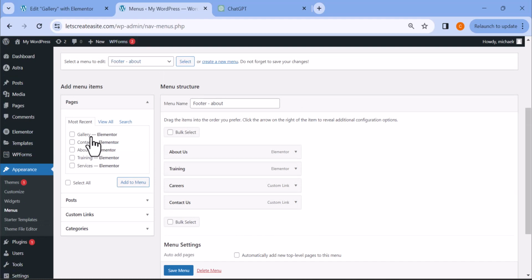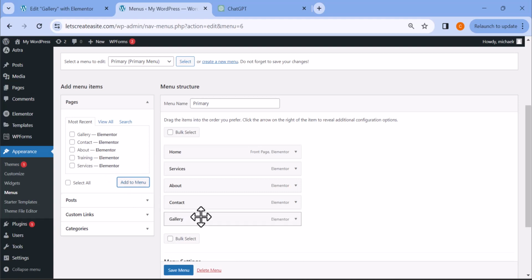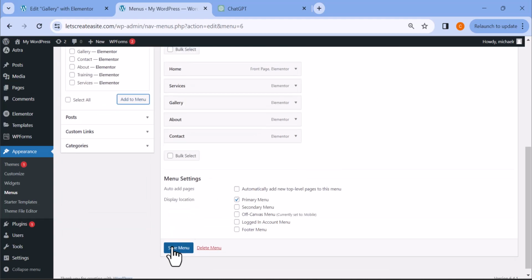Up top here you'll see the option to edit the different menus on the website, and here we can see that there is a primary menu already created. So the primary menu is the menu at the top of the website. So let's go ahead and select that option. Next, I'm going to click on gallery, and then I'm going to click on add to menu. Now you'll see the gallery was added on the right hand side, and I can just drag and drop this gallery wherever I want it. So I'm going to drag the gallery to come after the services, and then I'm going to click on save